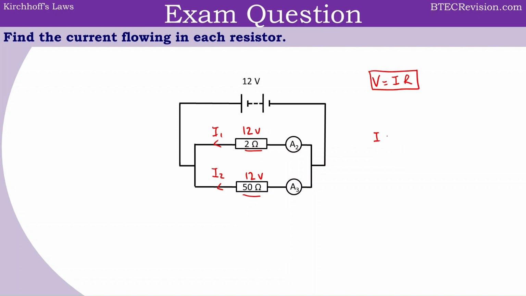So rearranging for I gives us V over R. So for the first case, I1 is equal to V1 over R1, and that's just 12 divided by 2, which gives us a value of 6 amps. And then for I2, it's V2 over R2. So V2 is the same, 12 volts, and R2 is 50,